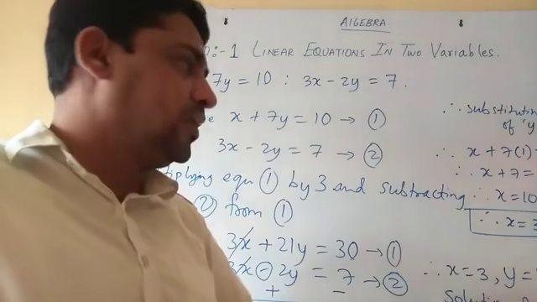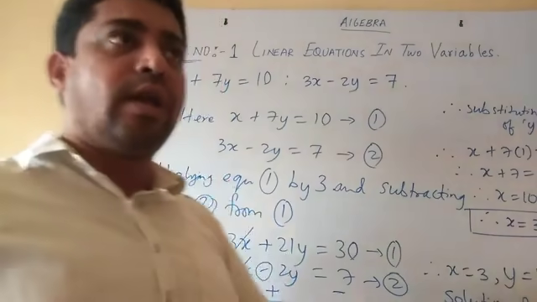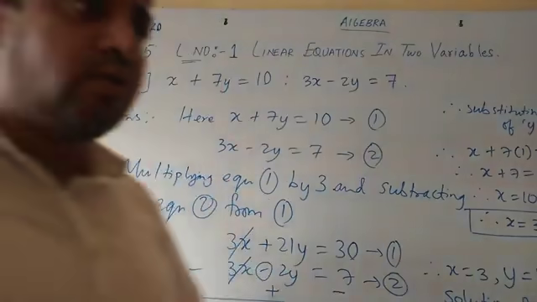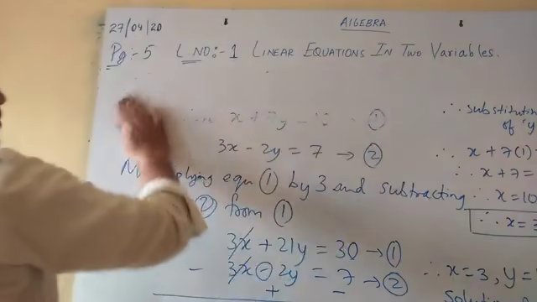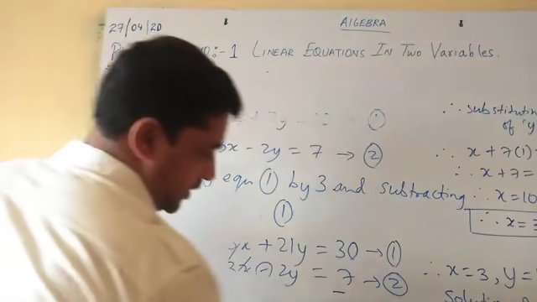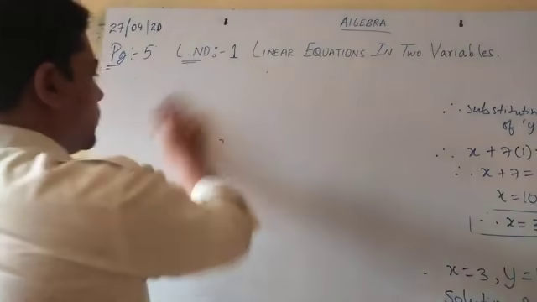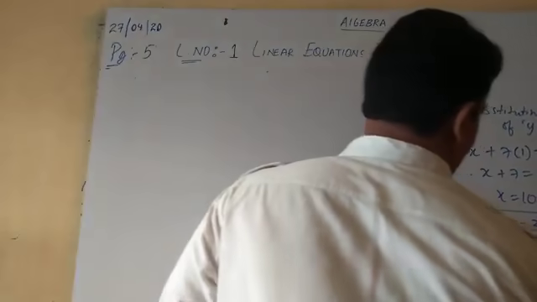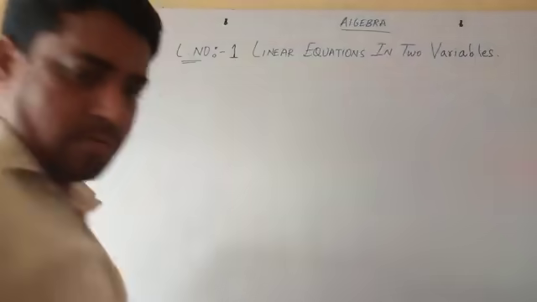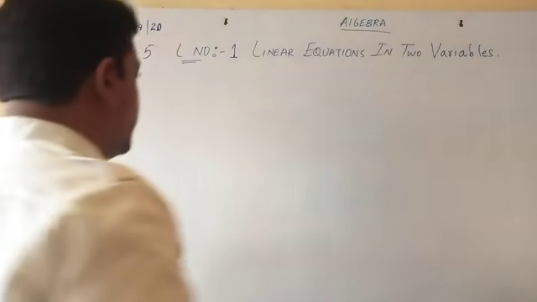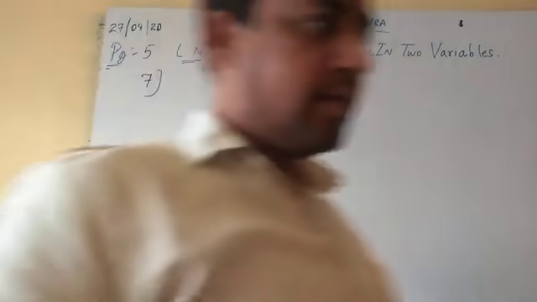You can solve by this method, but I'll show you an easier method which will help you to solve the sum quickly and more easily. Is it clear? So I'll do the seventh sum. You can just go through a textbook if you have one. Why the sum is a little different, you'll understand once I start explaining. Seventh sum of page number 5.